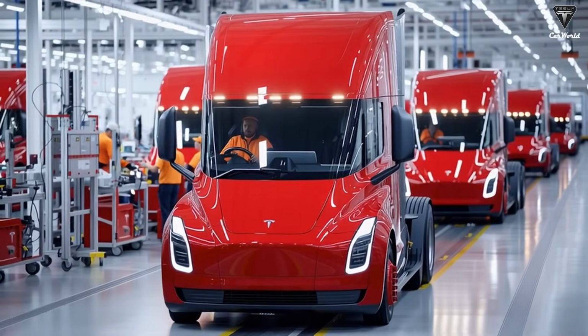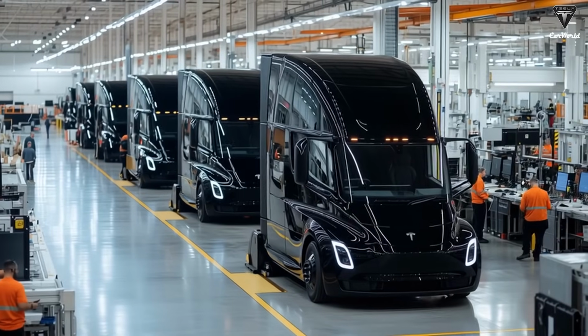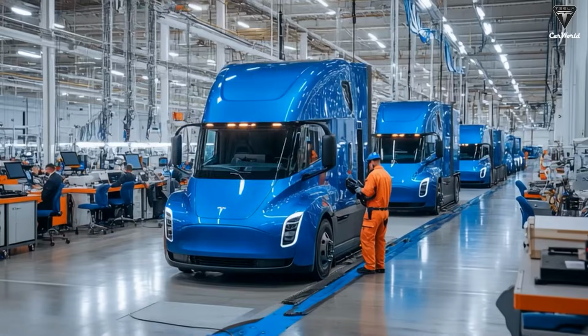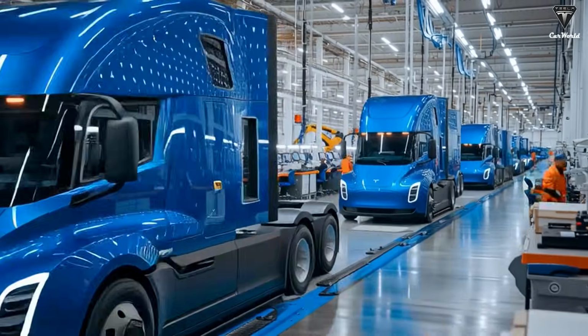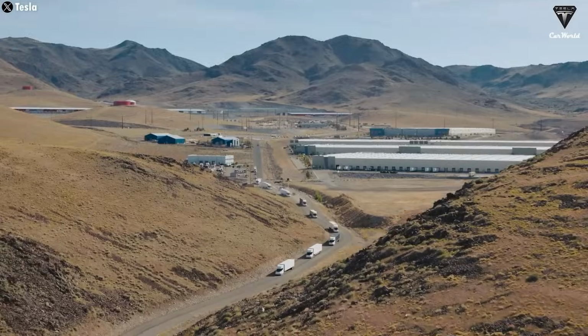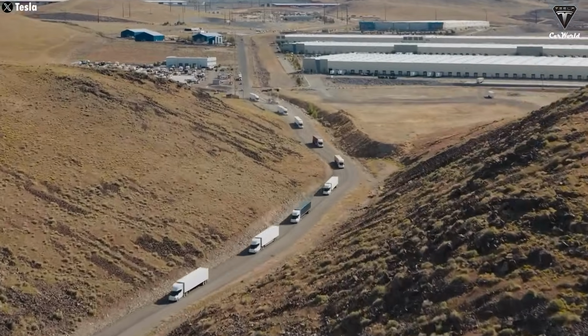However, since large-scale production is only beginning in the US later this year, it's unlikely that a European-approved version of the Tesla Semi will be available before the end of 2026. After all, the Semi still has to prioritize the US market, where many pre-order customers are still waiting for delivery